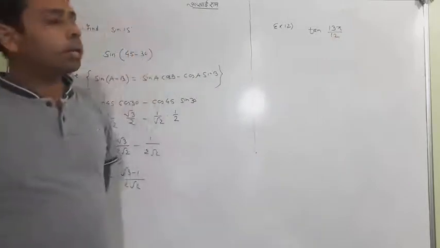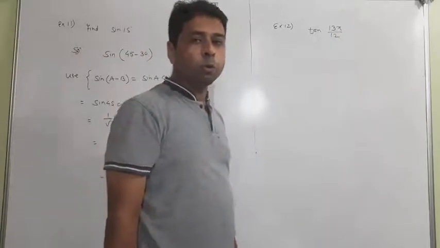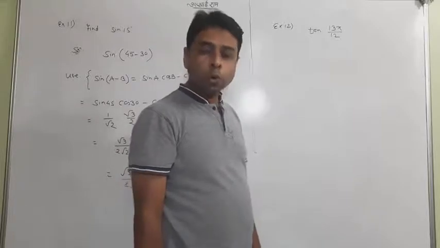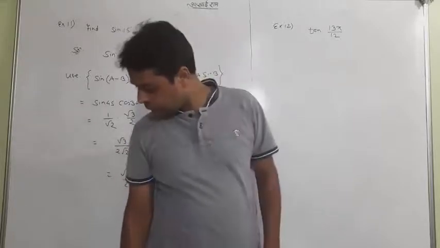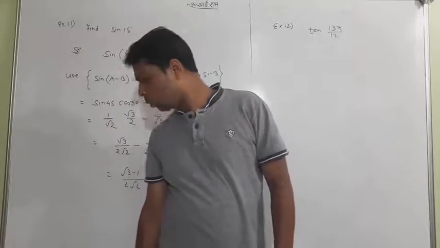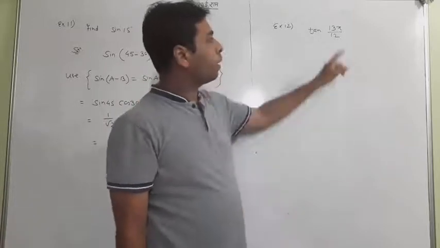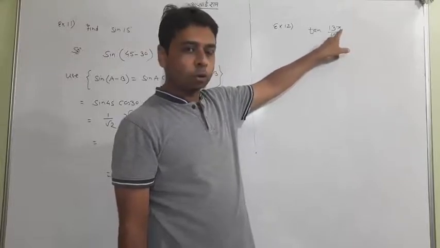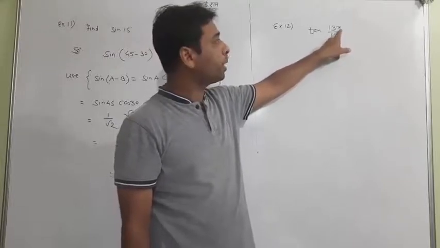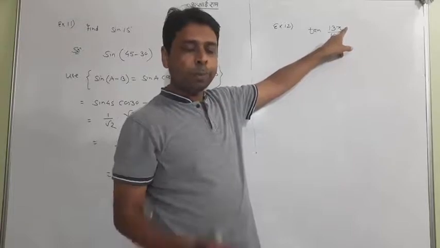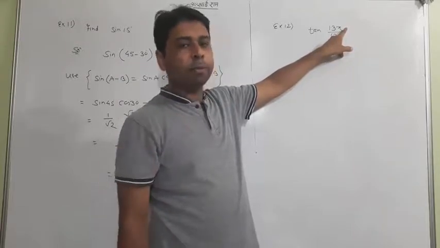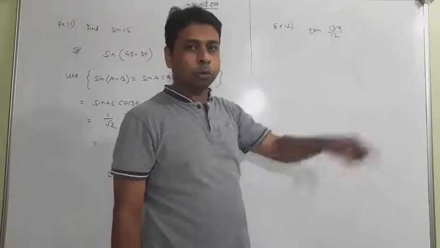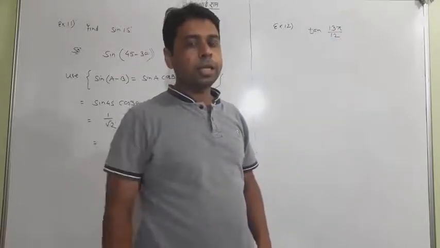Just after example number 12, we have the tan of 13 pi by 12. Before starting the question, I just want to draw your attention to those questions of the exercise 3.2 where the numerator is greater than the denominator. Actually, pi is equal to 180. Now you should remember, pi is not pi, it's a pi radian actually. So where pi is written, it itself means 180 degree. So 13 into 180 upon 12 is the actual question. But I just want to make it easy for you.